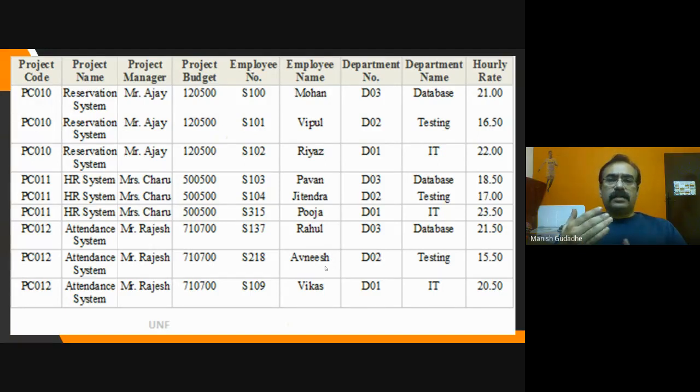So as I discussed earlier, this whole normalization process is a step-by-step activity in which one by one we are eliminating one or the other constraint which may be imposed on an unnormalized database. So that's what we are going to see in today's discussion. This forms a very important discussion as far as database design is concerned, will definitely help you in practicals and also overall understanding of a database.